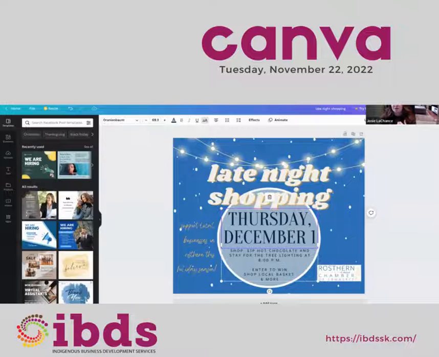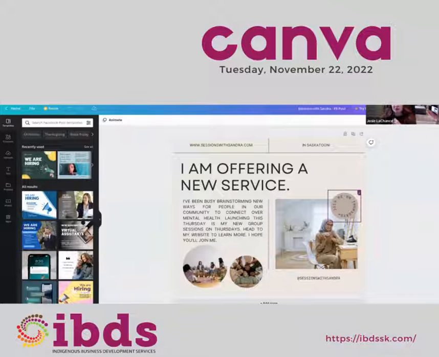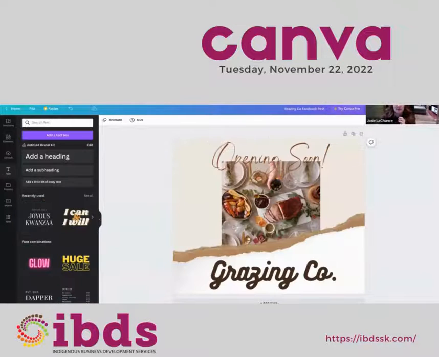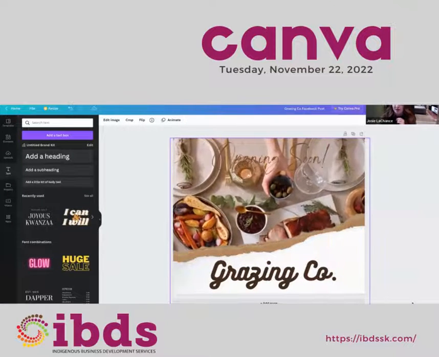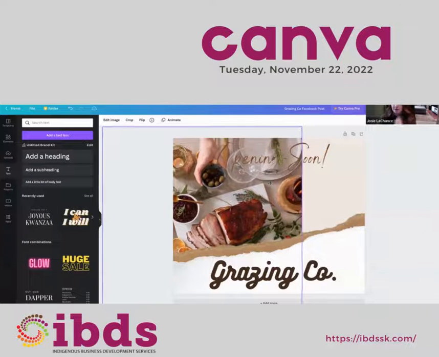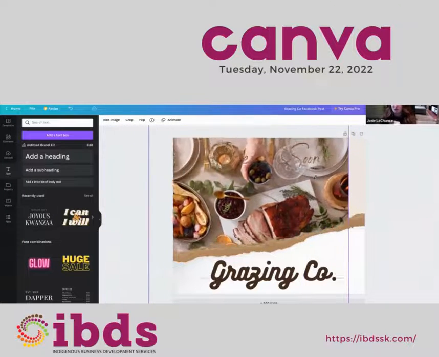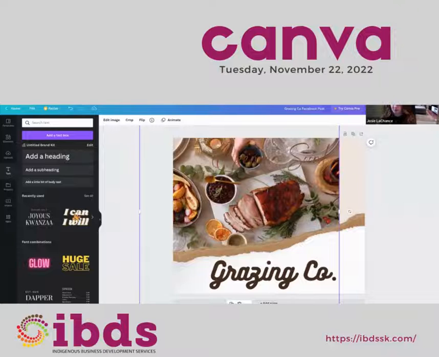If I go back to the sessions with Sandra, another thing that you can do, go back to this grazing one. Say I wanted this to be more of a background image and I didn't want this color, I can stretch it.